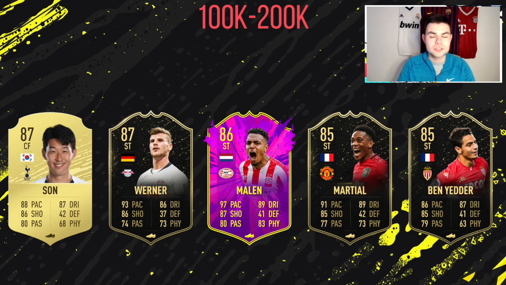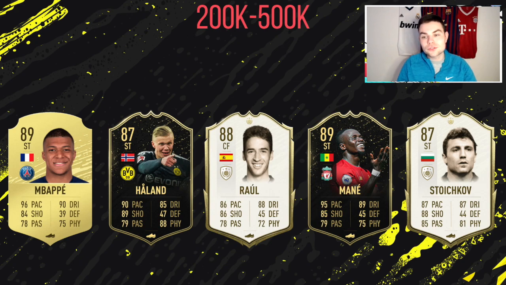5-star weak foot, 4-star skill moves. He's just ridiculous on this game. I've been using his player of the month. I love it. Up next, we go to 200 to 500,000 coins, and this is where things get really, really